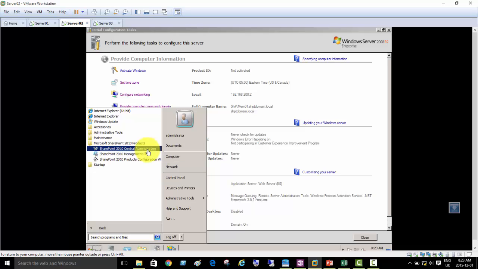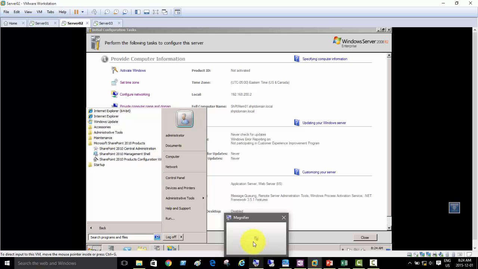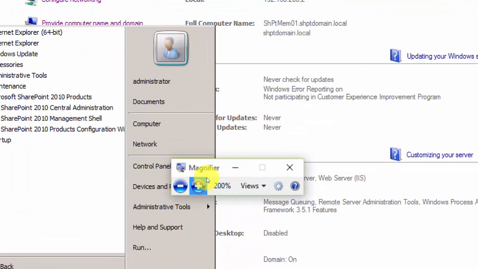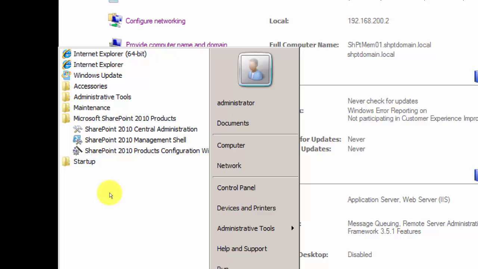Did you try that one? Okay, anyone else having a problem? Try on both, because we have two servers. Anyone else who is struggling to open it? So if I open the magnifying glass, actually, just to, okay, so